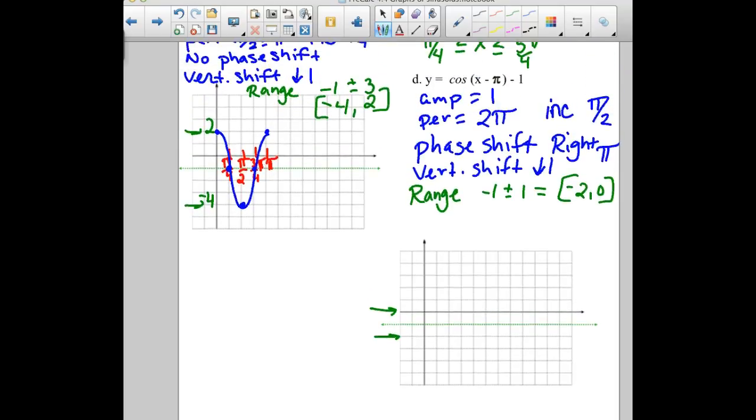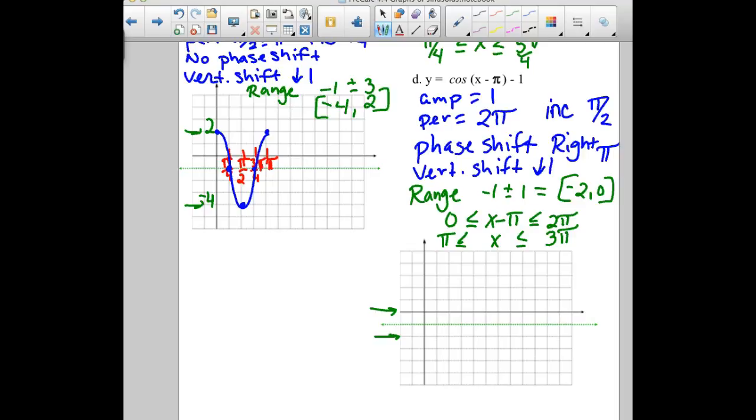All right. We said that we are doing a normal period of 2 pi, but we are shifting to the right 1 pi. So if we take our x minus pi and say it used to be from 0 to 2 pi, adding pi to both sides, we are now going from pi up to 3 pi. Okay, still a span of 2 pi, which is what the period is supposed to be, but we've moved it